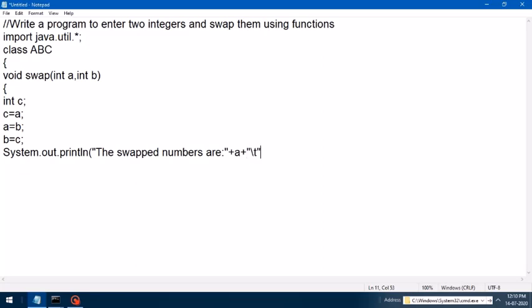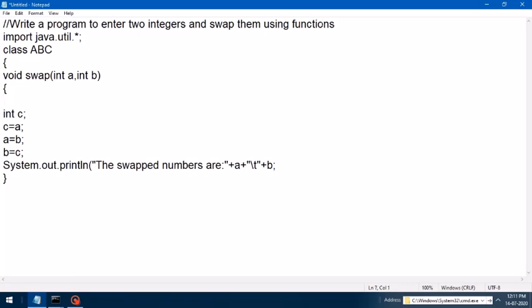In the beginning, before doing the swapping in these three statements, I will be printing the original values also here. System.out.println, "the original numbers are", a with a \t, b.